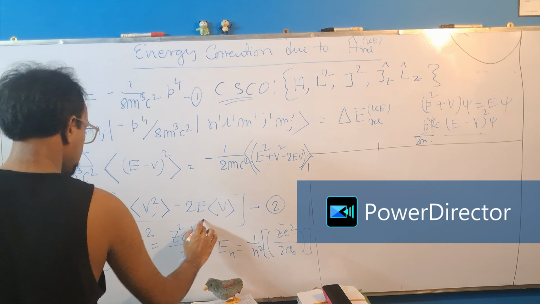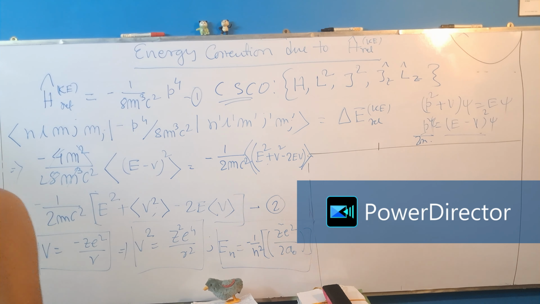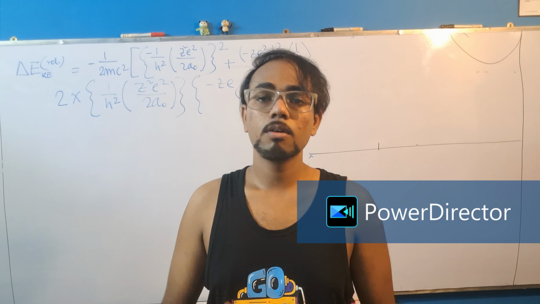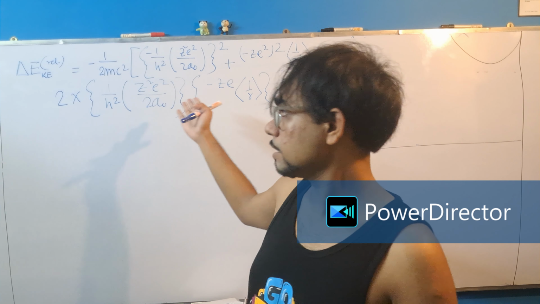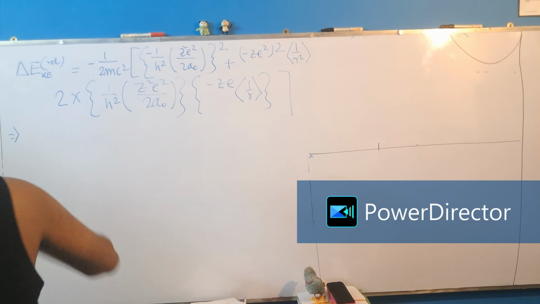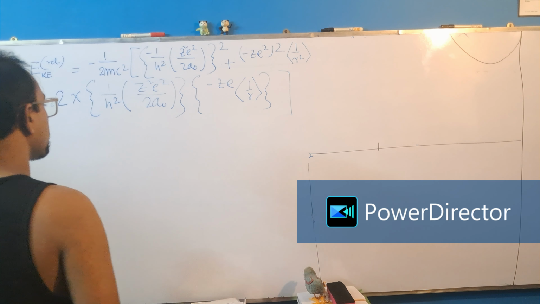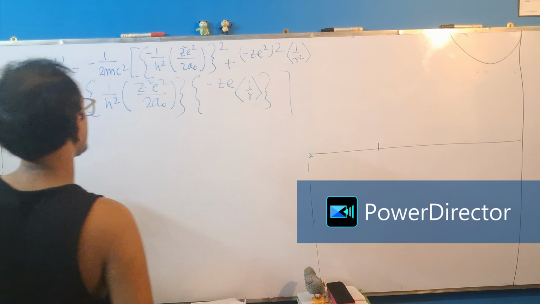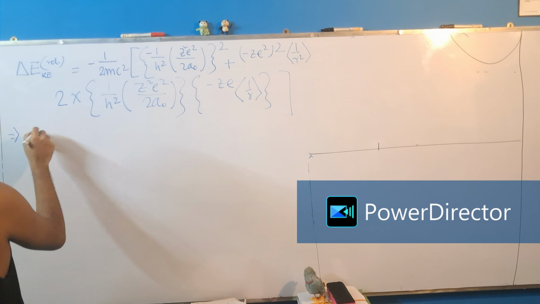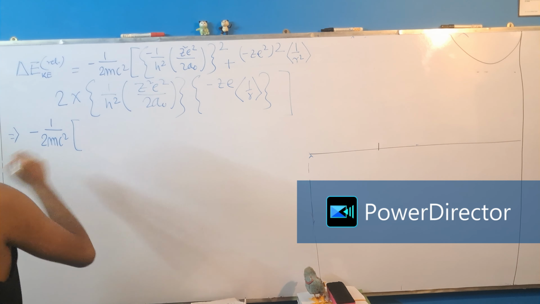So for that reason, please note these three terms carefully and write this so I can erase the complete board. Okay, so as you can see, I've written the term in entire expanded form, and from here we can further do our approximations. We can do the squares and all, and finally we will end up with minus 1 by 2 mc squared,